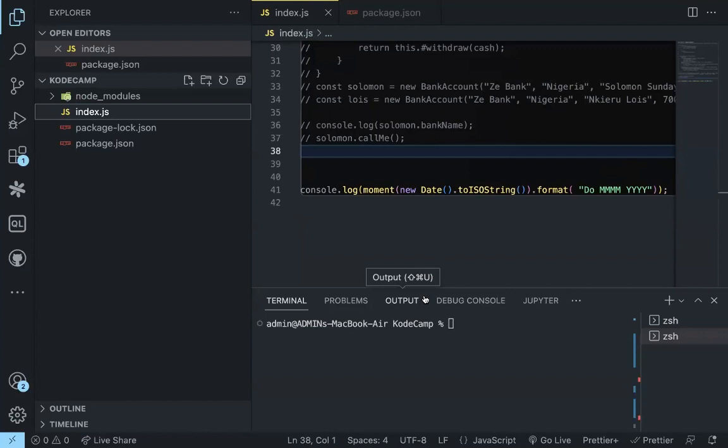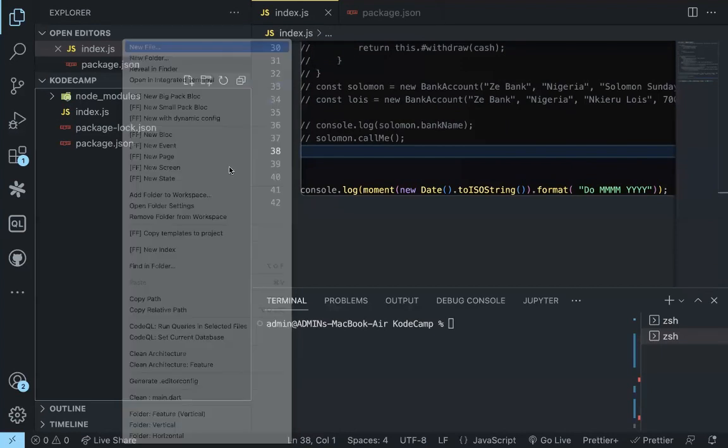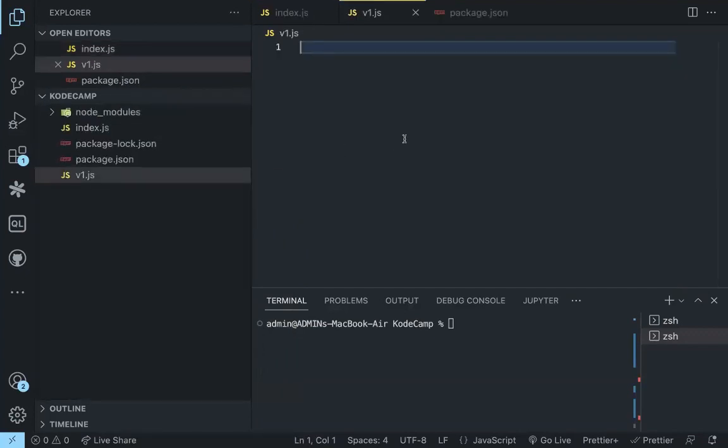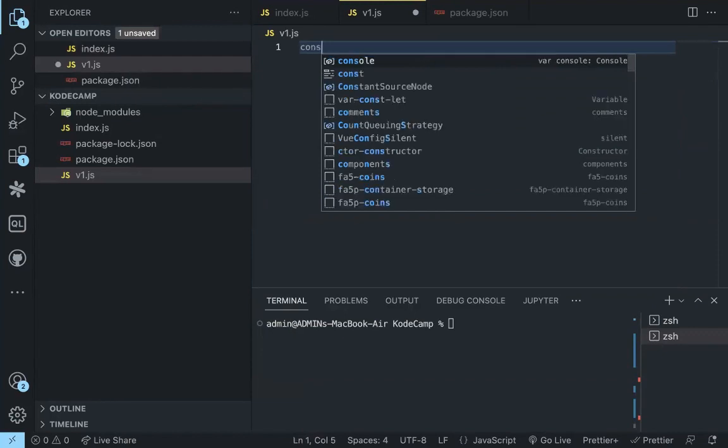Now, how do we do it? Let me go over how I did it before, right? I think I need to make some new files. Let's say version 1.js. Maybe for my version 1 I said console.log